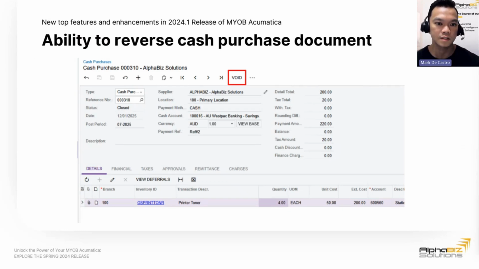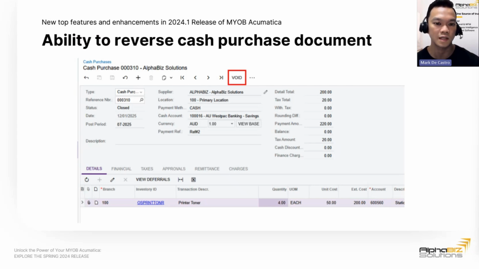The next feature I'm going to discuss is the ability to reverse cash purchases. Like Adam was mentioning, cash purchase is not always applicable to some companies, but cash purchase in payables is used to record purchases or services where payment is being made immediately.